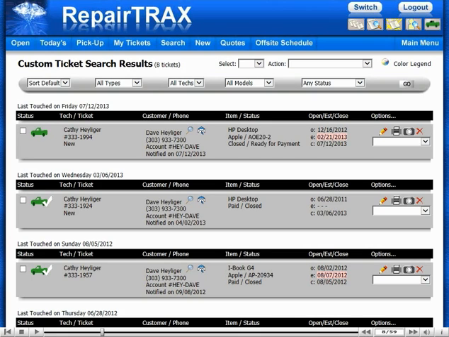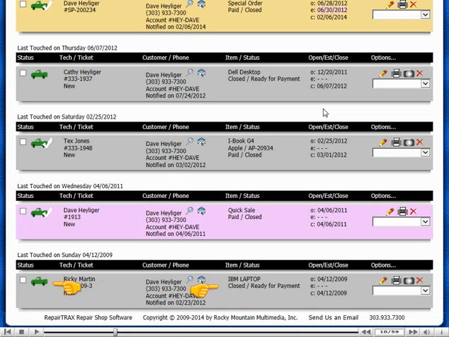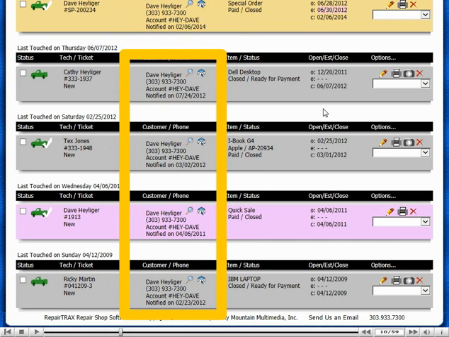They're in various states of closed. Some are closed, ready for payment. Others are paid and closed and gone, as shown. I'm going to scroll down a bit. My demo tickets also include a special order and also a quick sale. I'm going to scroll down just a little more. Okay, there's another ticket at the bottom that's closed, ready for payment. And remember, all these tickets are for Dave Heiliger, so I'm going to just pick any one of these tickets